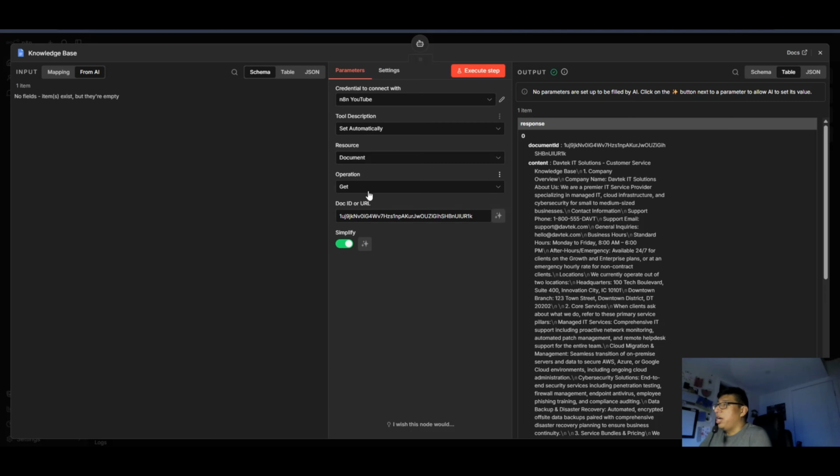Knowledge base right here, and then just paste it right in here for the URL. And this is going to contain all of your information. This is where you want to keep your company documentation. And this is where you can just take stuff out, modify it, whatever you need to edit. And then the AI agent is always going to refer to that document as a source of truth.